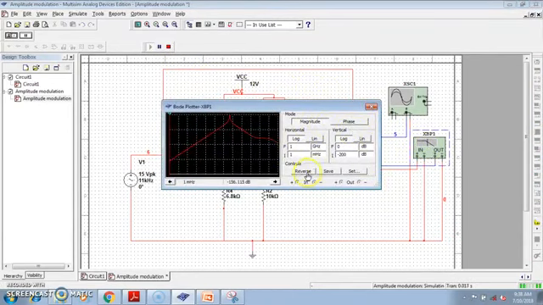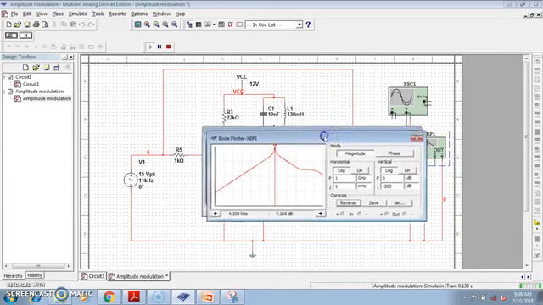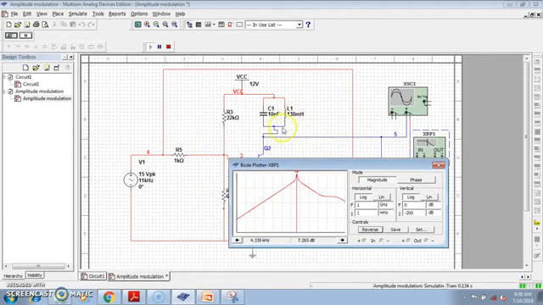See, if we reverse this, it is easily visible. At a particular frequency, which frequency? See, at this frequency 4.339 kilohertz, the gain is maximum. And why is it happening? If you consider the tank circuit, this is 10 nanofarad and this is 130 millihenry.